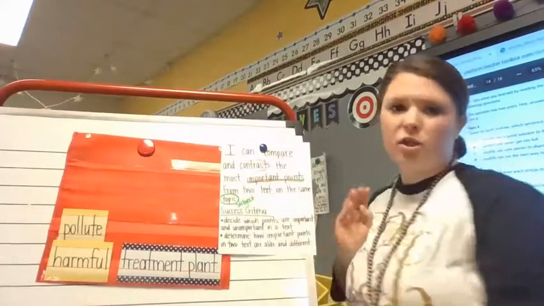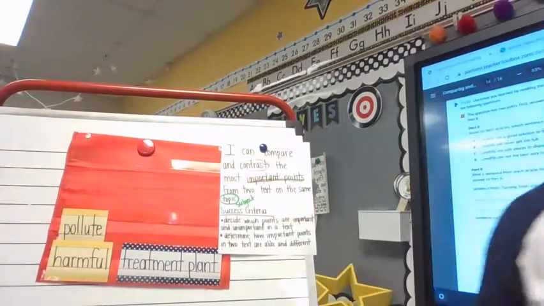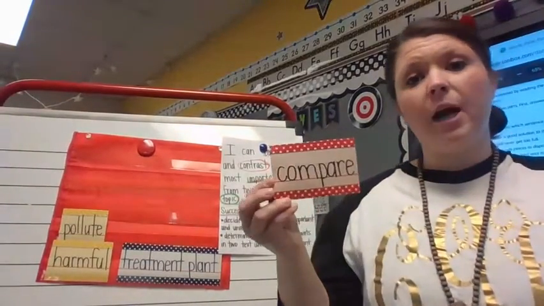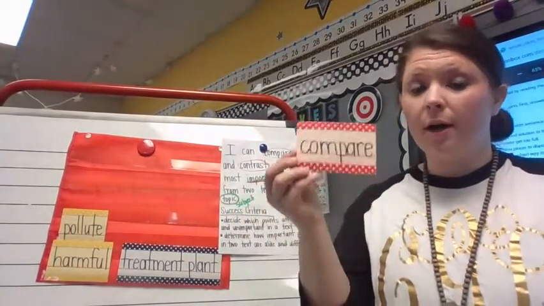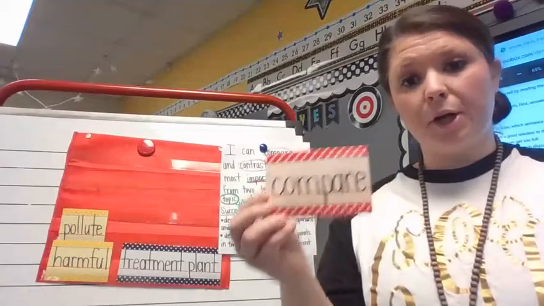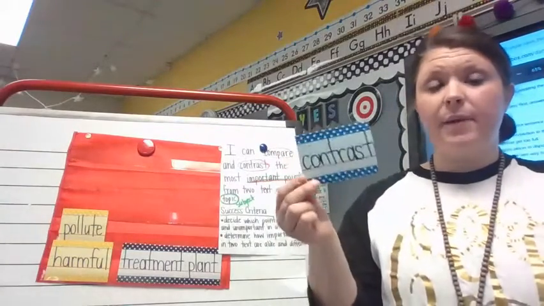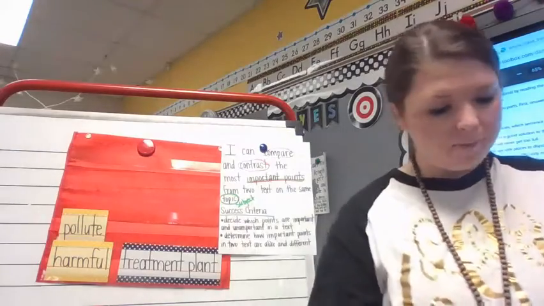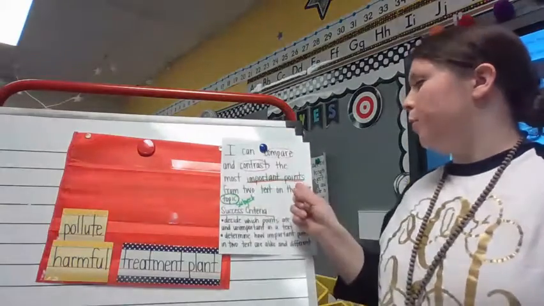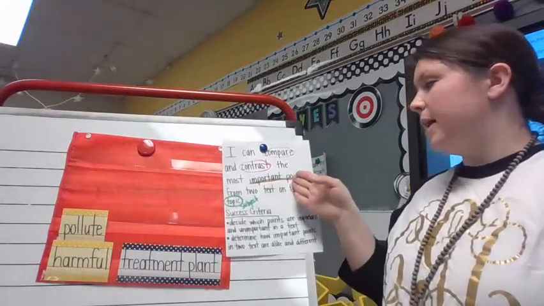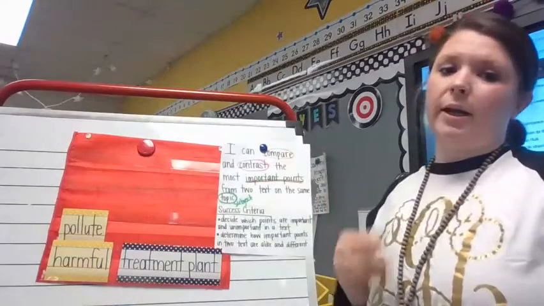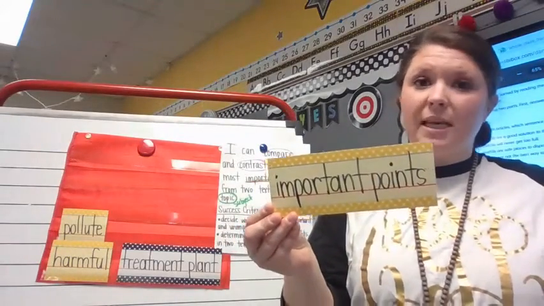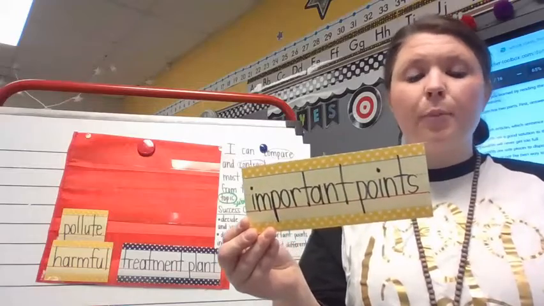Remember, compare and contrast. Let's look back at those words because those are new words. Compare means to describe how two or more things are alike or similar. And contrast means to describe how two or more things are different, okay? Then we look at important points because without these important points, we couldn't complete the rest of the target of comparing and contrasting. So an important point is the most important details, facts, examples, and other pieces of information